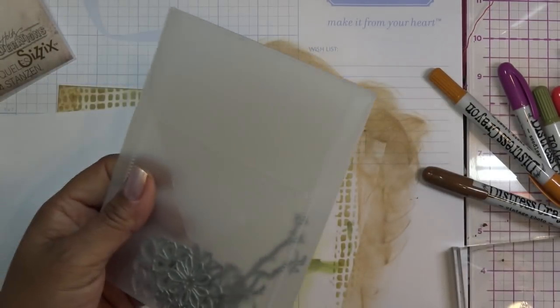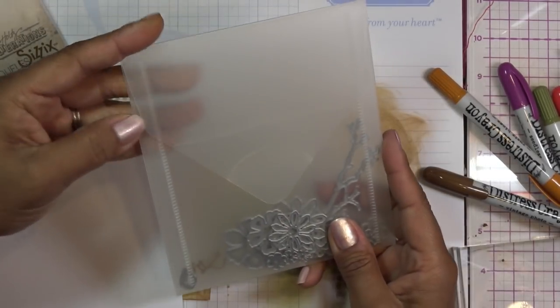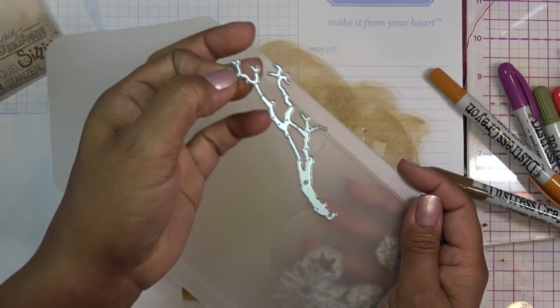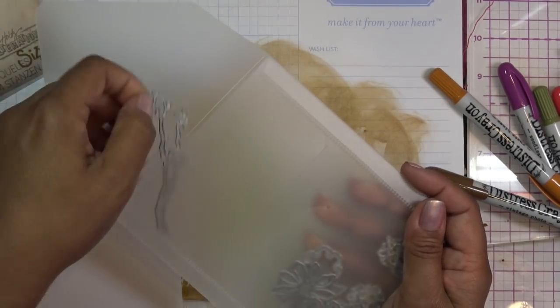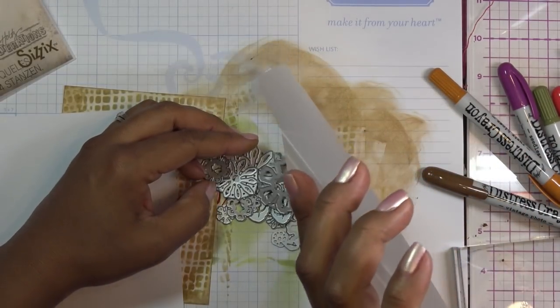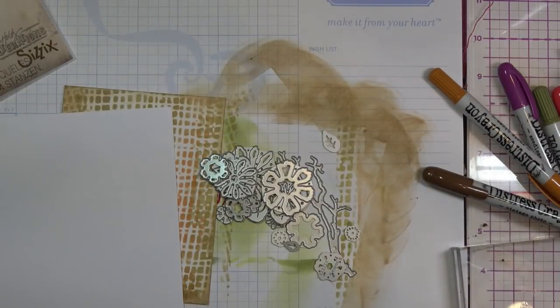And so yeah, these are pretty cute. Okay, so what I'm gonna do is just die cut like this out of some darker brown paper, and you know, it's not too anything we need to go over with each other here, but let me bring these guys out. These are really small. Oh my gosh, look how tiny some of these are. So this is the Thinlits, what's it called? Hold on. Small Tattered Florals,